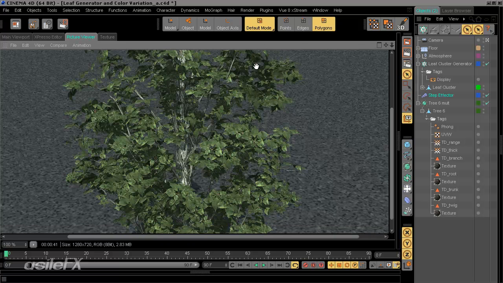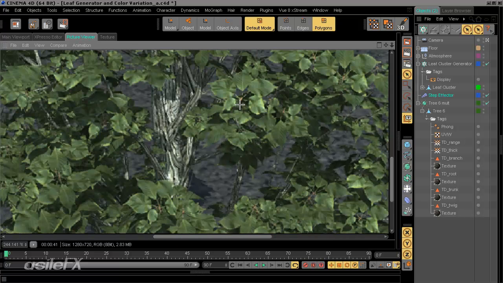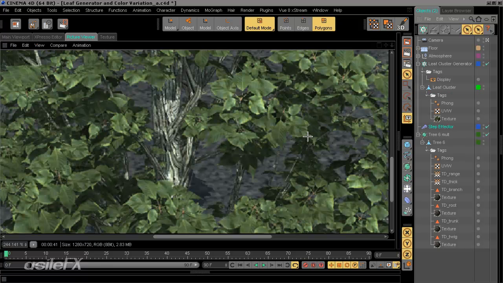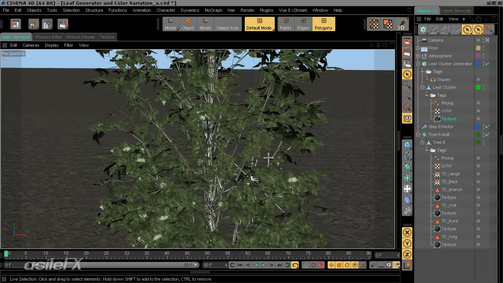Now, at the moment, the color variation I set up is basically null. At least it is for distribution. It's going to appear exactly the same on every single leaf. The reason for that is because the texture for the leaf cluster is applied to the object that's being cloned rather than the cloner. So what we can actually do is take the texture from the leaf, and instead of